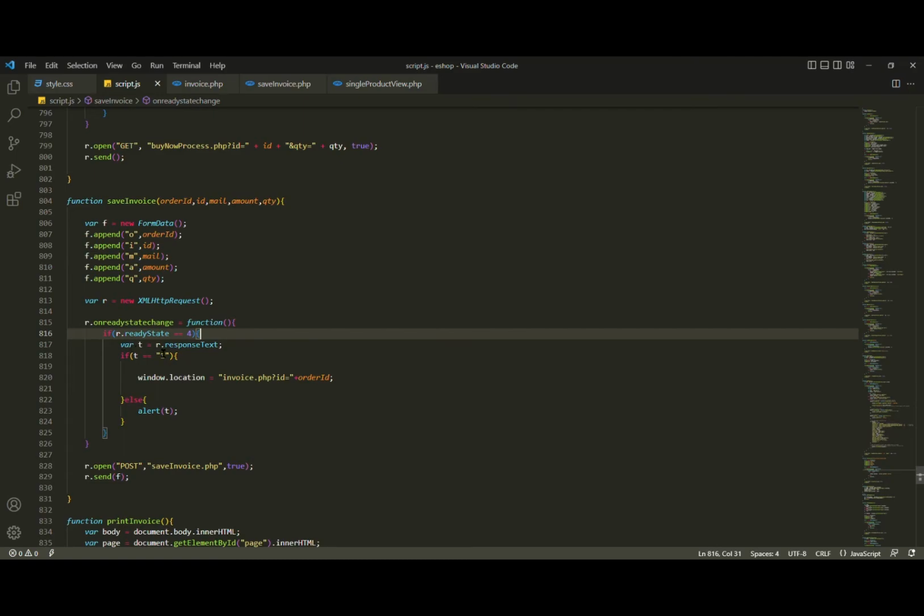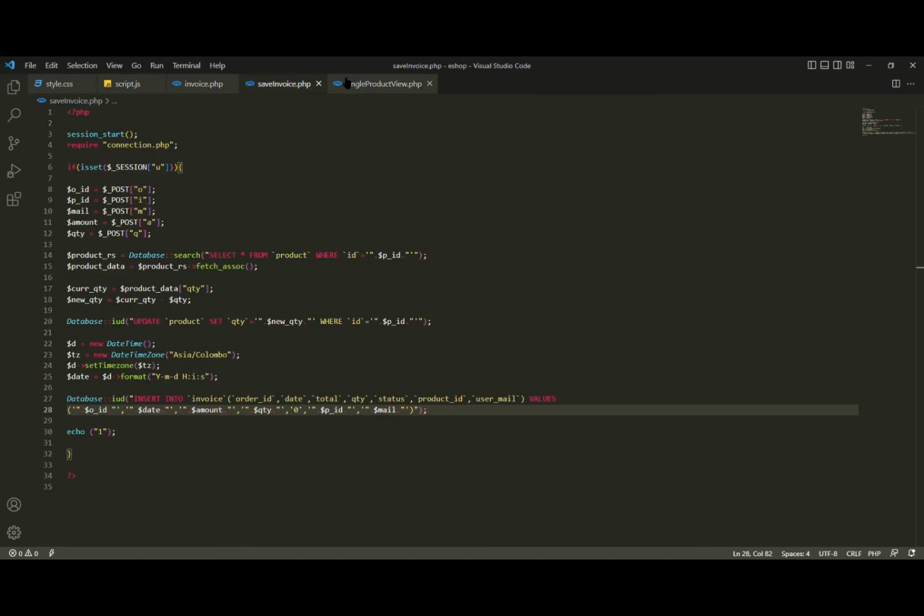So here the response text of this request is named as the variable t, and if t is equal to 1, then the window location will take us to invoice.php, and we'll be having our order ID taken in as well. Otherwise, we'll be having our alert notified again. So when we move down, we are going to see